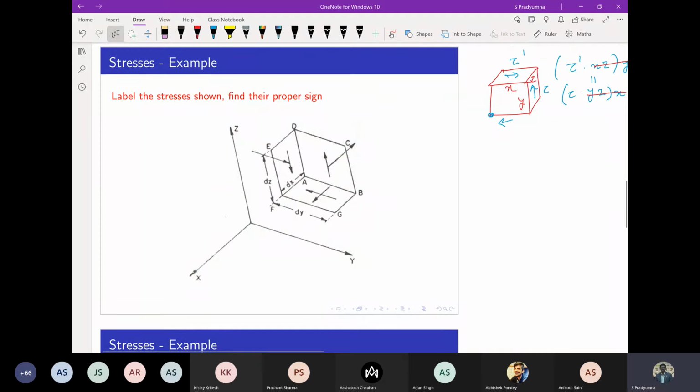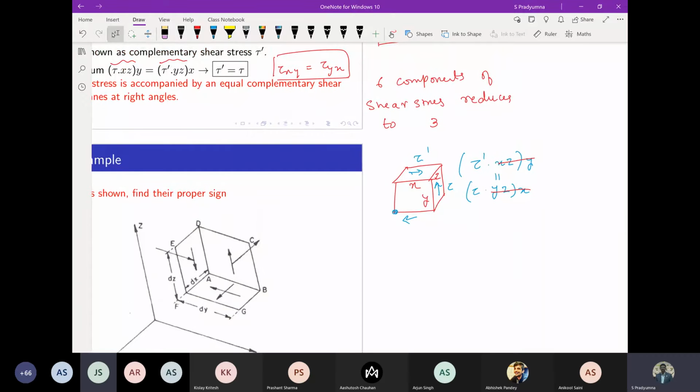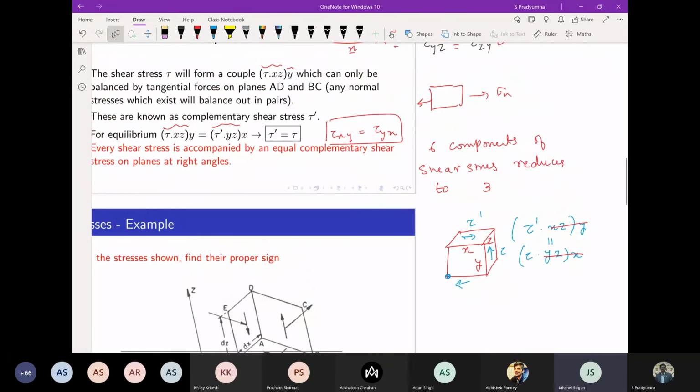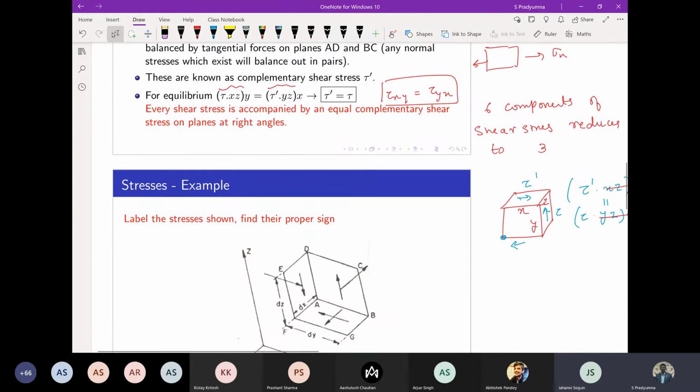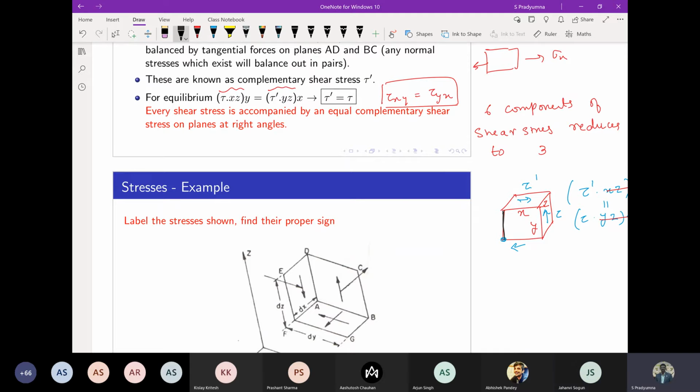Okay, now there is a problem. Excuse me, sir. Why do we consider the distance to be x? It can be that slant distance also. Why are we considering that the whole force is on this edge of the cube? That is because, yeah, you can consider about this line. Even you can consider about this. Then what happens is that this is into x by 2 and this into x by 2. They get added up, right? So irrespective of which point you take, the action of the moments remains the same.